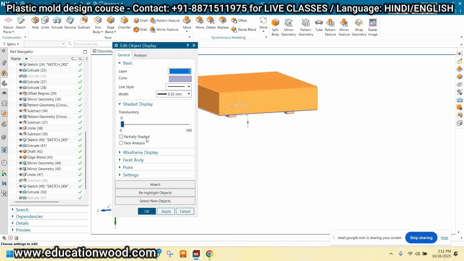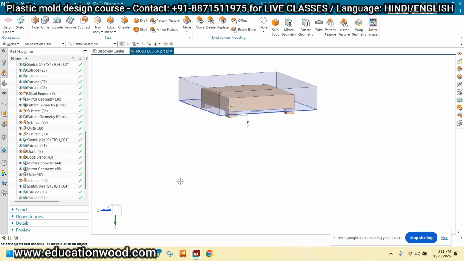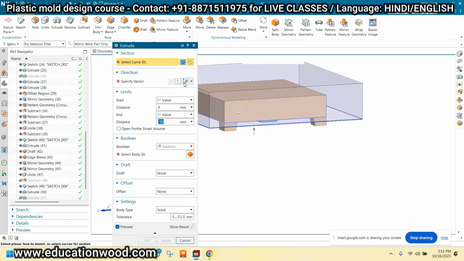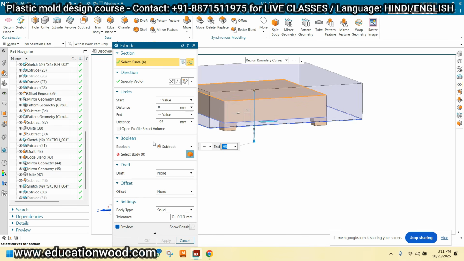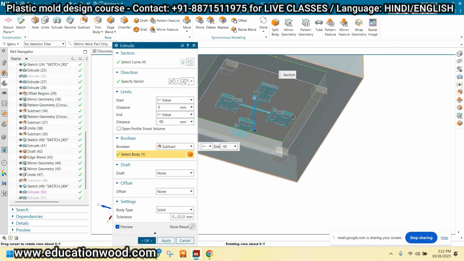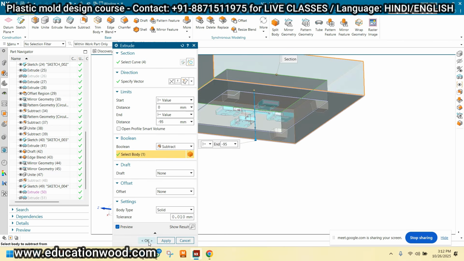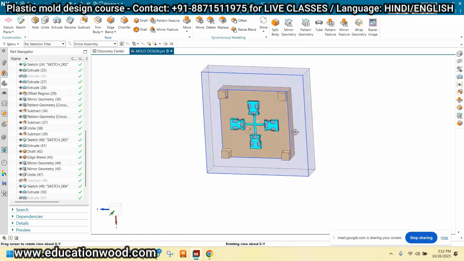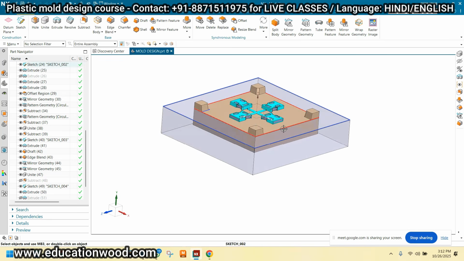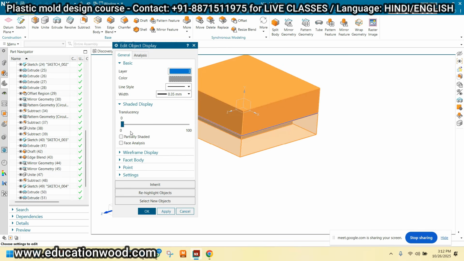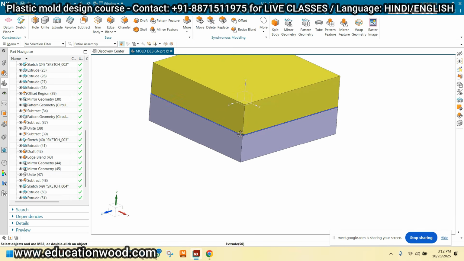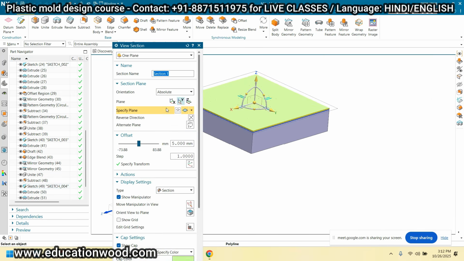Control J. Right click on this, take the upper face of this. Just subtracting, take this body and I'm subtracting from here and just click OK. Why? Because this is nothing but the housing for these inserts. This is the housing, right?